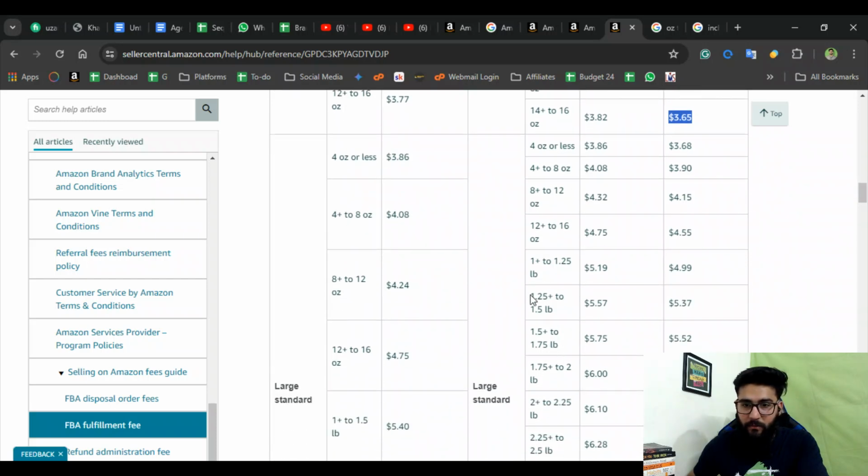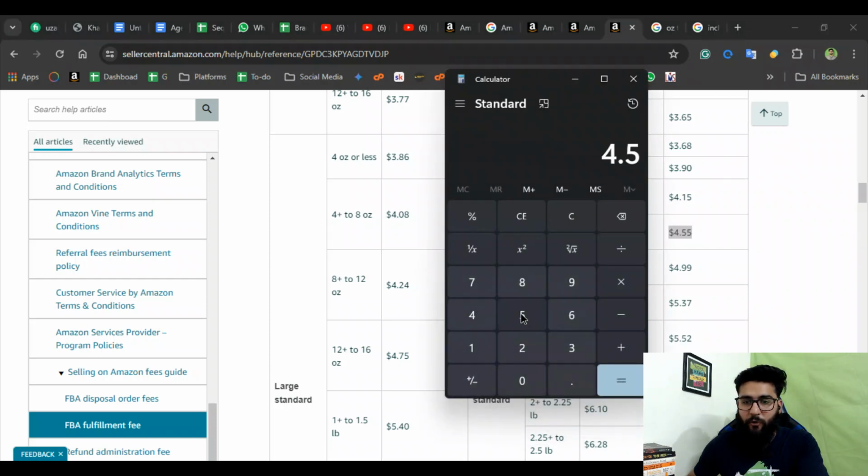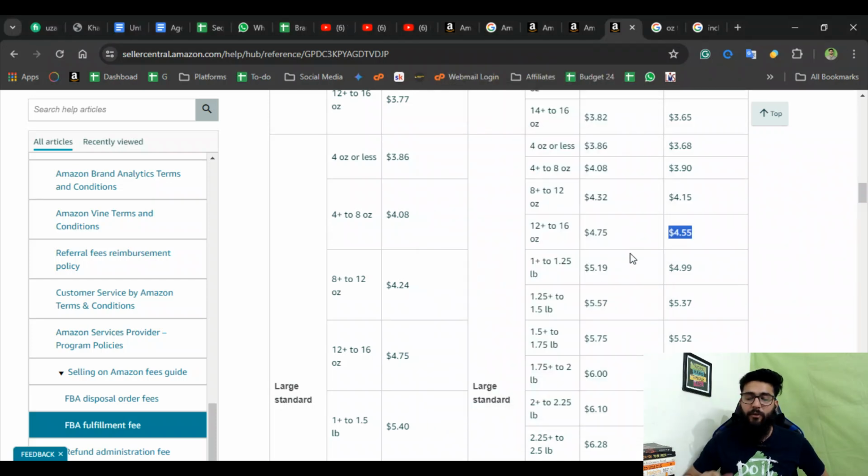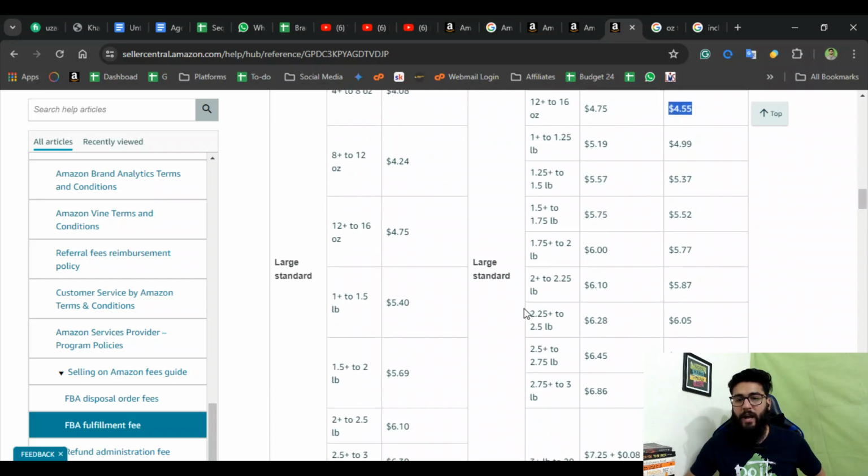It will be around here $4.55. The difference is, let me just calculate it, 4.55 minus 3.65. It's around 90 cents of difference that Amazon is charging us more money